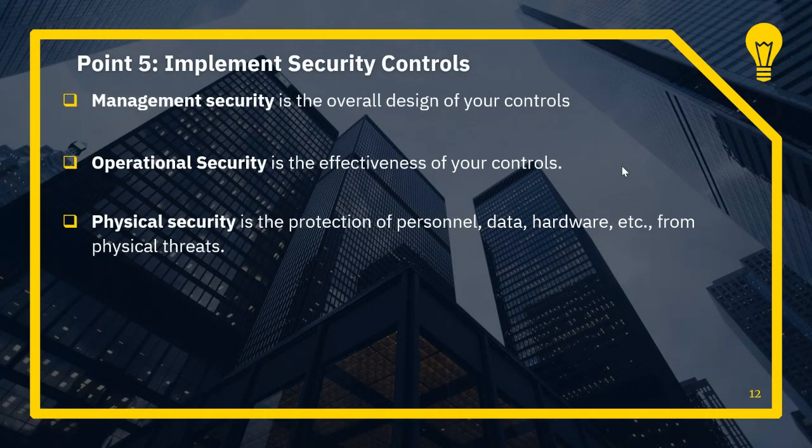This brings up a very important point, which is security controls. For example, at a management level, security control is about providing guidance, rules, and procedures for implementing a security environment. Whereas at an organizational level or an operational level, security control includes access control, authentication, and security topologies. Whereas at the lowest, which is the physical level, security control deals with physical threats that could impact the confidentiality, integrity, or availability of systems or data.